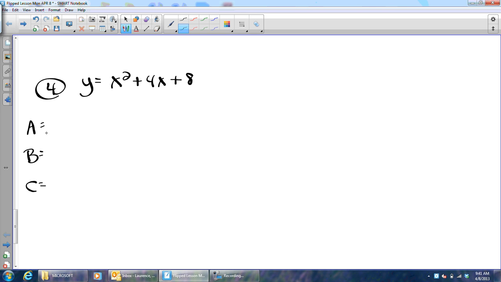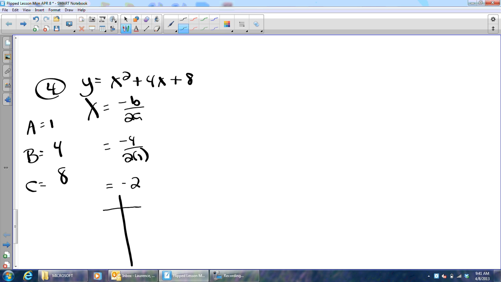And we're going to get 1, 4, and 8. And then we're going to use the first part of the quadratic formula. And we're going to have negative 4 over 2 times 1, which is negative 2. So in my t-table, my vertex is going to occur at negative 2. So I'm going to put in negative 2, and I'm going to get